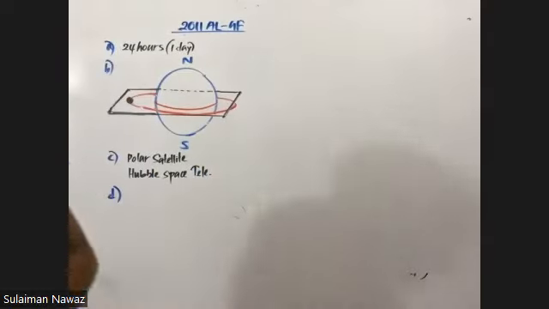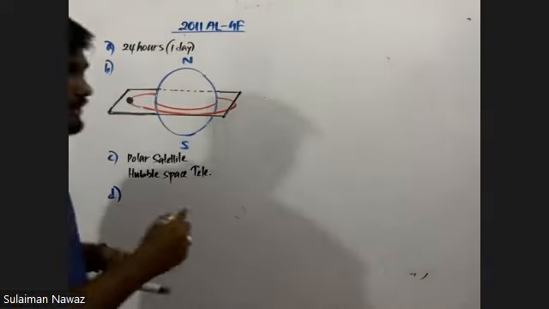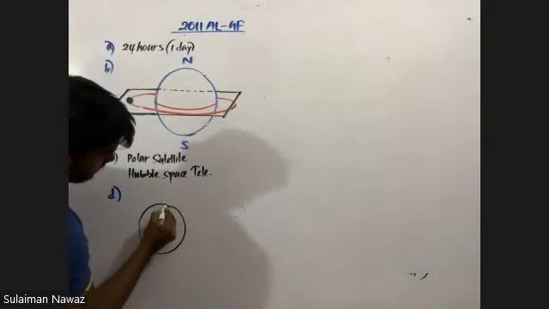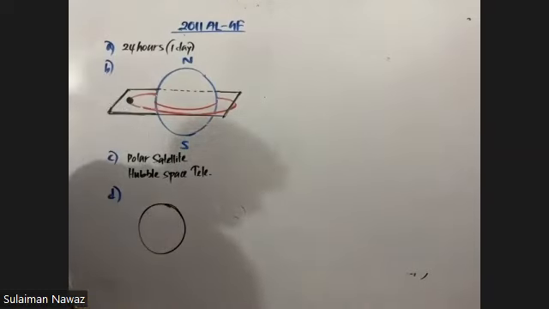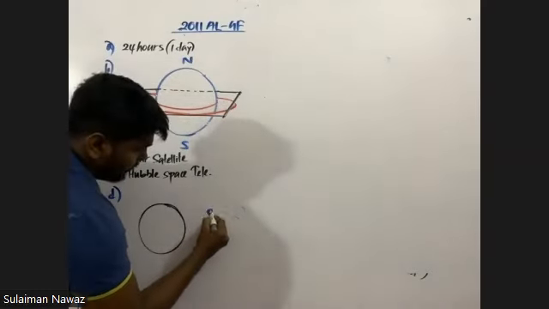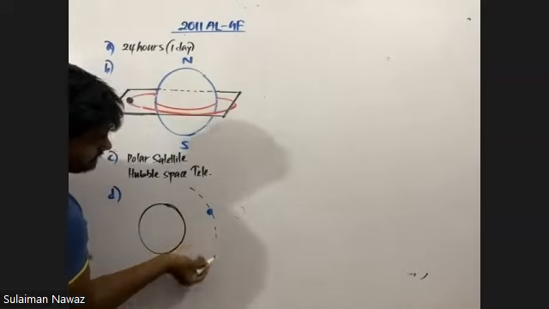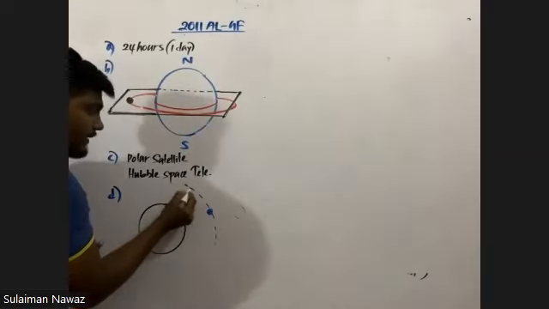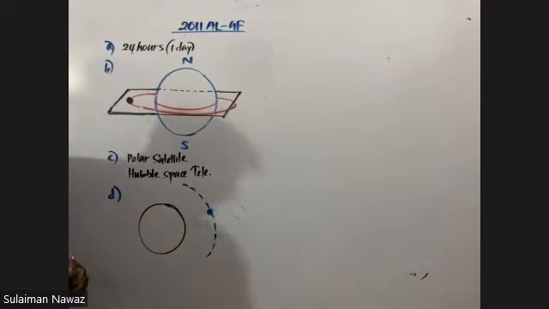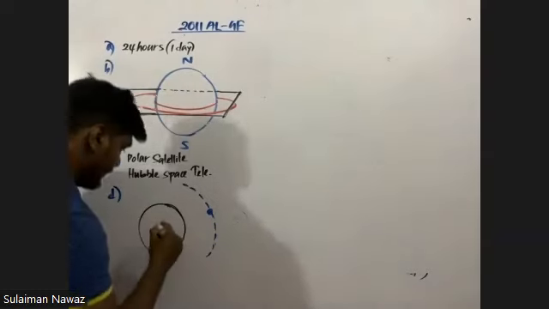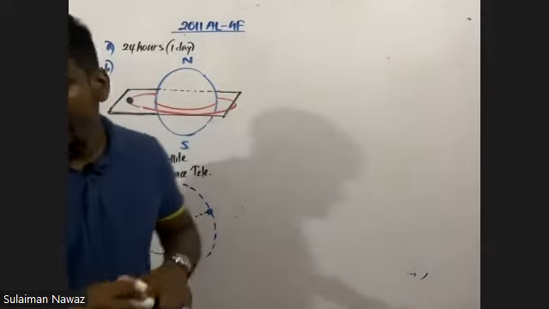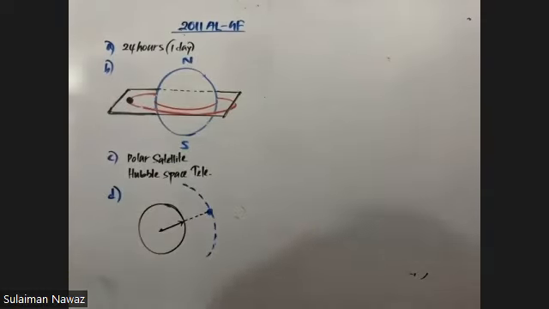Now look here. If I say this is my Earth, now there is a geostationary satellite in an orbit. This is the orbit. The geostationary satellite is orbiting around this orbit. Right? Then they mentioned,